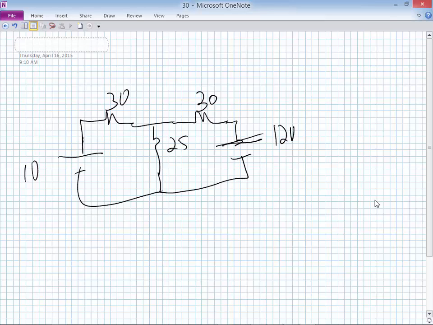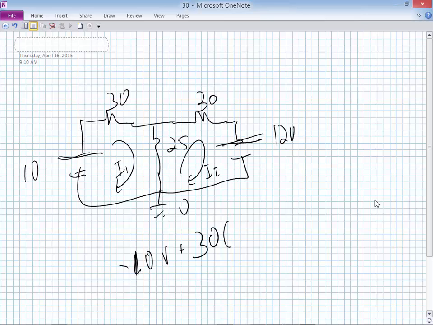Same thing with voltage out there. If this is 0 volts right here, as I go around this loop and I add up all the drops around this loop, I'm going to end up with 0. That's Kirchhoff's voltage law. So I go into a power supply, that's a voltage increase, so that's a negative drop. So minus 10 volts right there, plus, now I didn't write my currents here, there's I1 and then there's 2 currents going through I2. Now this should be a review, you should have seen this, but I'm going to just write it anyway. Plus 30 ohms times I1 plus 25 ohms times I1 minus I2 is equal to 0,